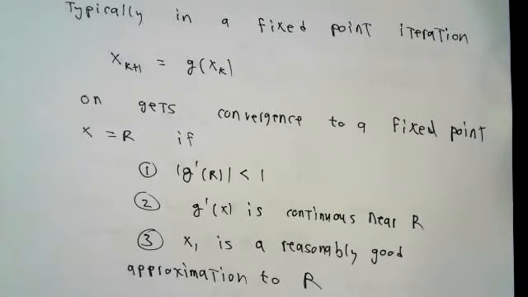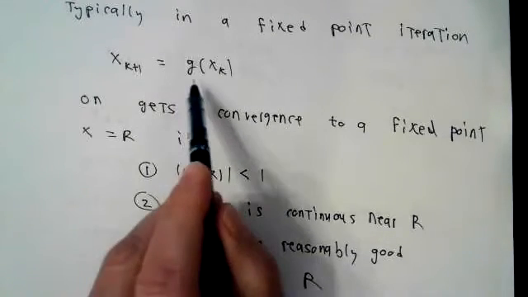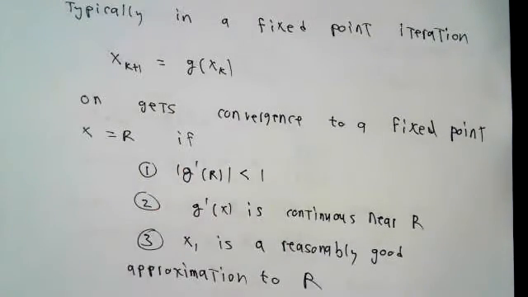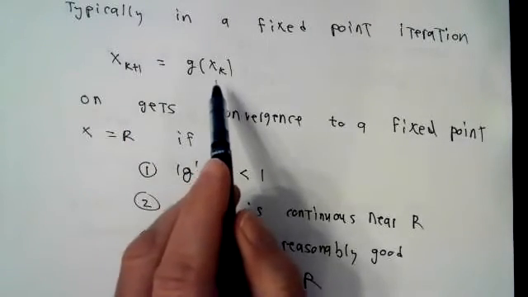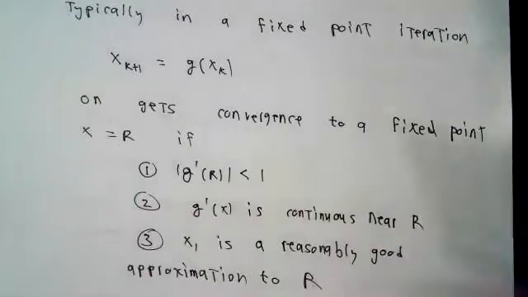I want to look a little bit more closely at the convergence of these methods we've been speaking about, both with respect to a generic fixed point method and also in particular to Newton's method. As you'll remember, a generic fixed point method involves some fixed point function. Given some initial estimate for the fixed point, we generate new estimates by feeding the old estimate into the fixed